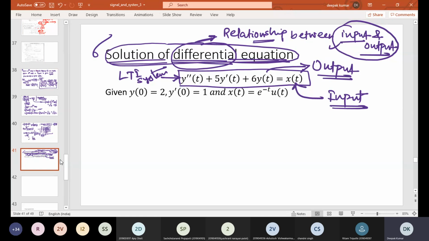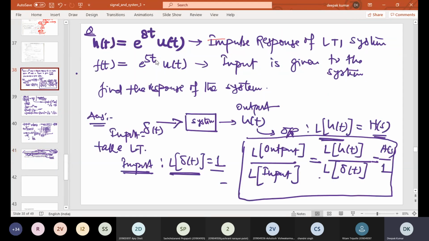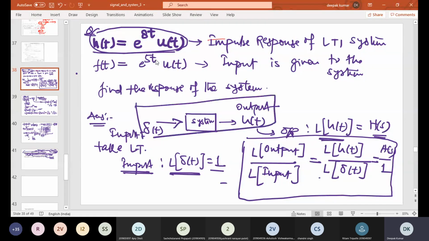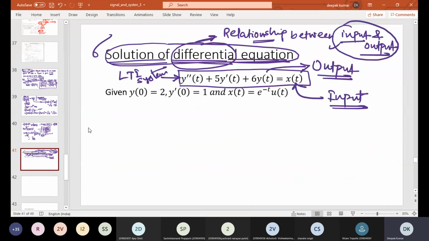Another way of representing a system, which we already discussed in the previous question, is h of t. H of t also represents the relationship between input and output, like the block diagram that you have seen. So these are different types of representation of the system. To solve this question,